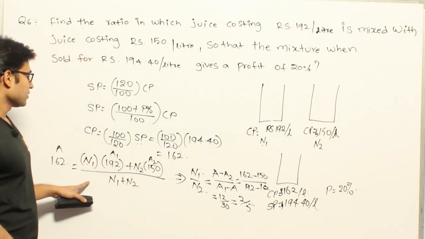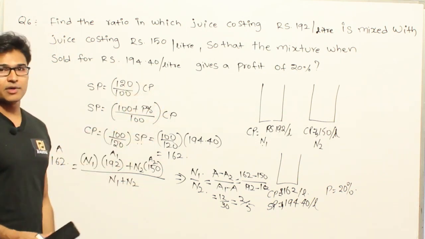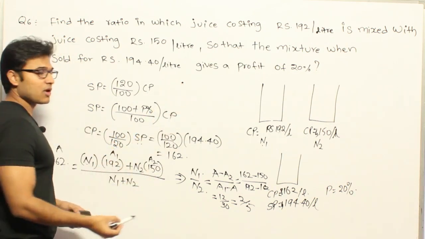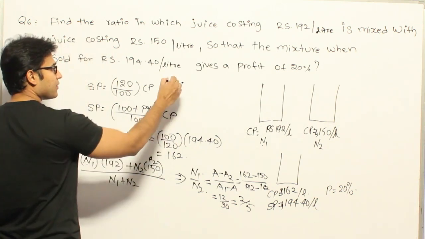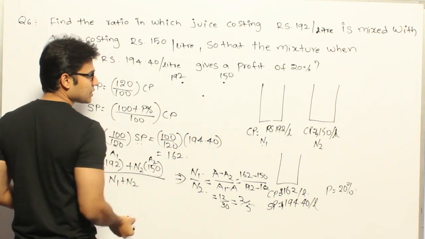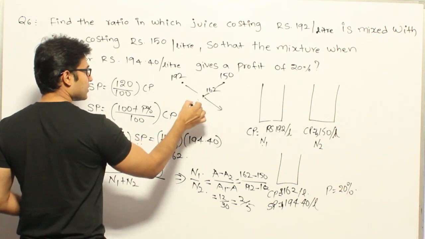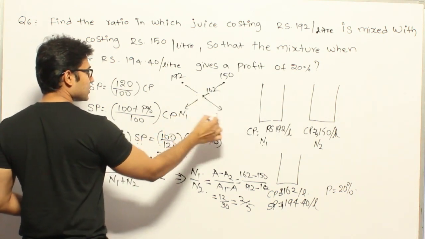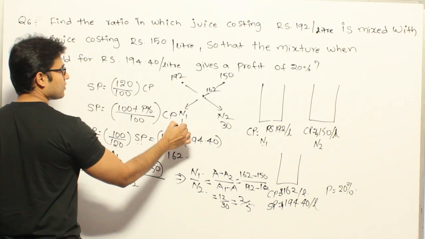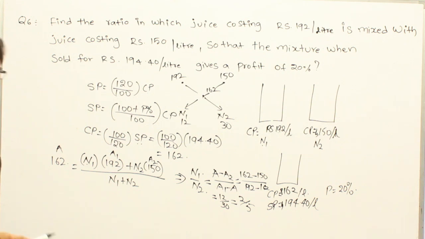So if you can understand that this one actually falls under the category of alligations and mixtures, then you could have even drawn the diagram and answered it fast. So what is the diagram? Write the higher average here, which is 192, and the lower average here, which is 150, and the final average of the mixture is 162. Now just take the difference and find out N1 is to N2. If you assume this is N1 and N2, what is the difference here? 30. What is the difference here? 12. Therefore N1 is to N2 equal to 2 is to 5. That way also you could have got it. Okay, fine.